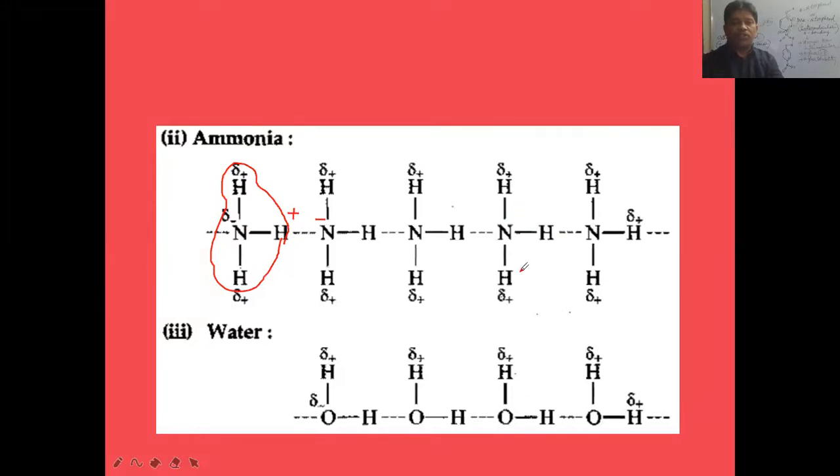Pyramid shape. NH3 is pyramidal. Here one lone pair will be there. Nitrogen has one lone pair and three bond pairs. That is why the VSEPR notation is given as AB3L. A is the central atom, B3 means three bond pairs, L means one lone pair. So an AB3L type of molecule will have pyramid shape. Between one molecule and another molecule, intermolecular hydrogen bond is there.